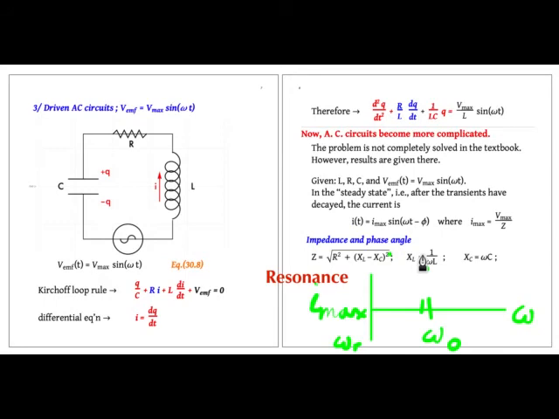Now, if omega is different from omega 0, then XL is not equal to XC, and we have additional impedance due to the inductance and the capacitance. So 1 over Z will be something less than 1 over R. In other words, this will be a decreasing function as omega goes away from omega 0. So if I make a graph of this